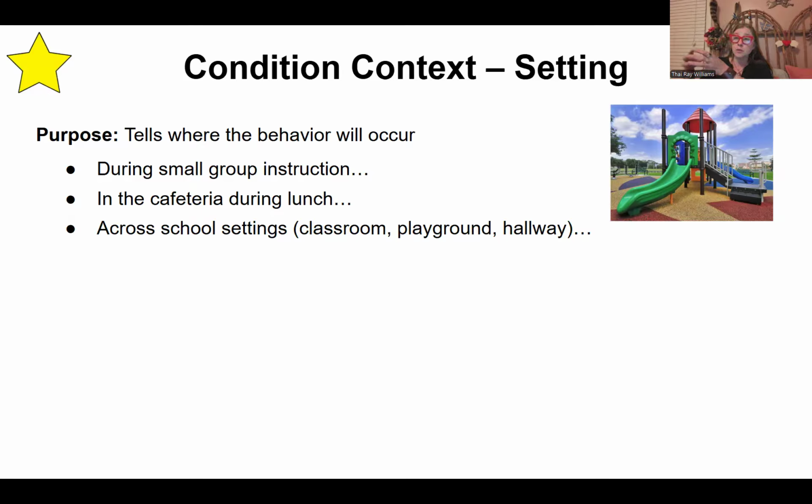And so it's important that we specify that that's where we want the behavior to be demonstrated. And so here's an example: during small group instruction. If the student is not currently doing it in small group instruction, we would use that condition. But if they always do this in small group instruction, for example, they always are able to do addition in small group instruction, but we just want them to increase